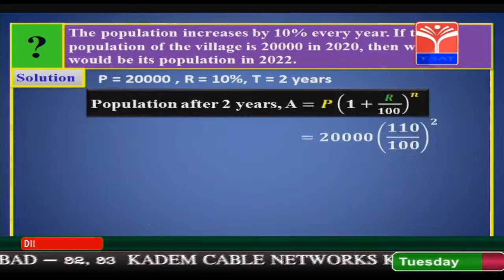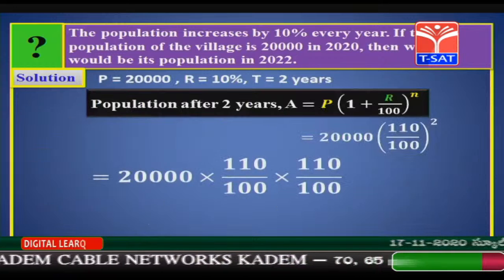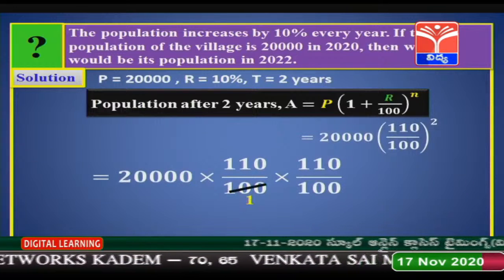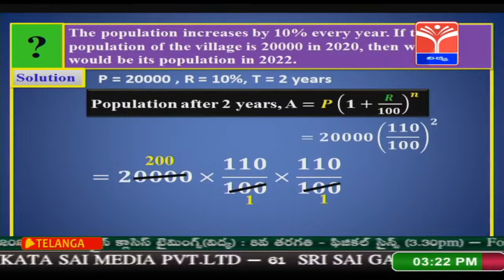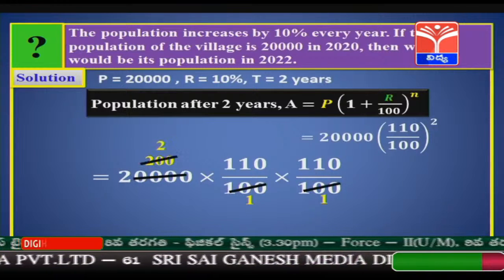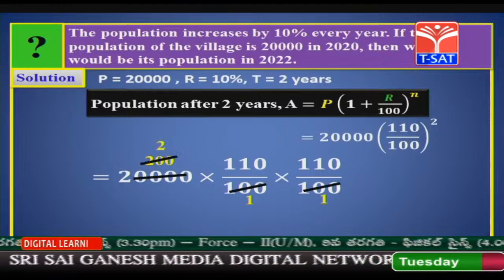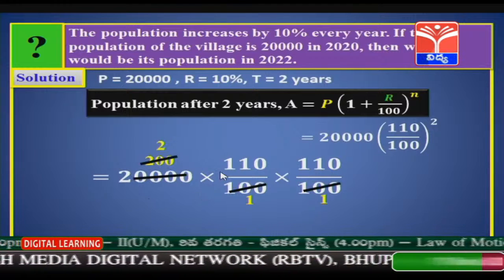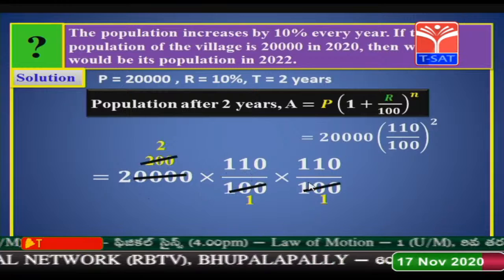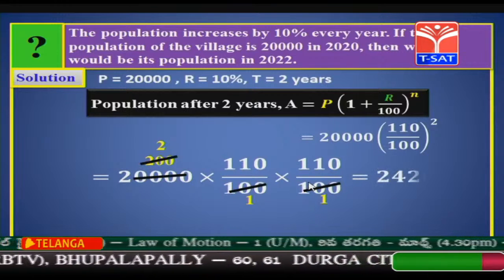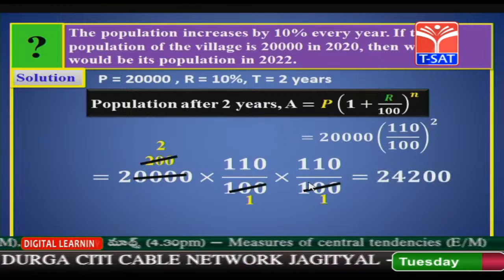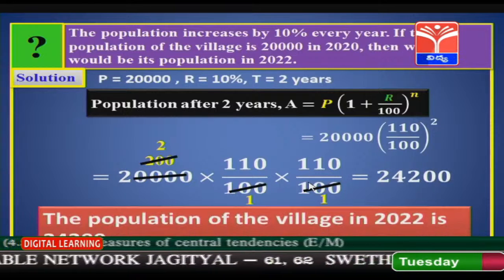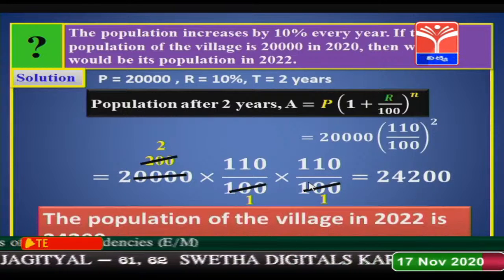Let us simplify this. Now 100 one times, and in 20,000 it goes 200 times. Similarly 100 one times here, and then it goes only 2 times. Now on multiplying this, 2 into 110 into 110, we get 24,200. So we can say that the population of the village in 2022 will be